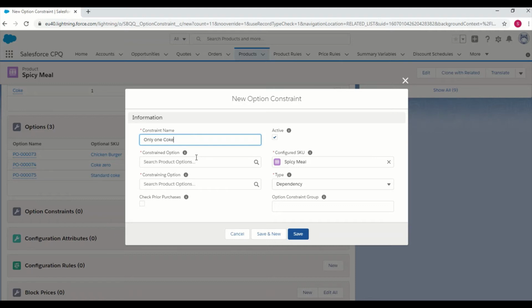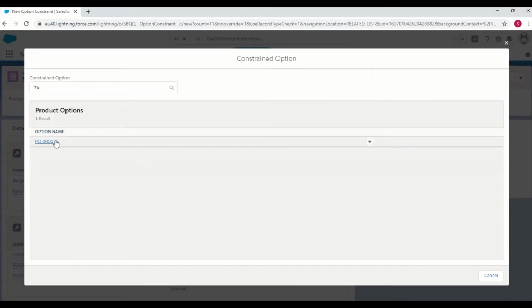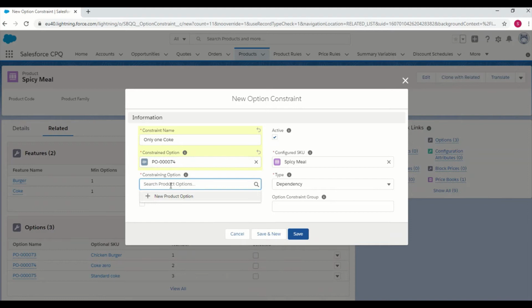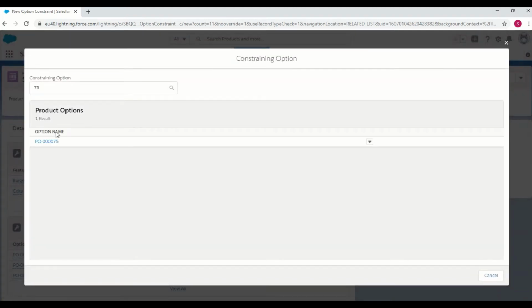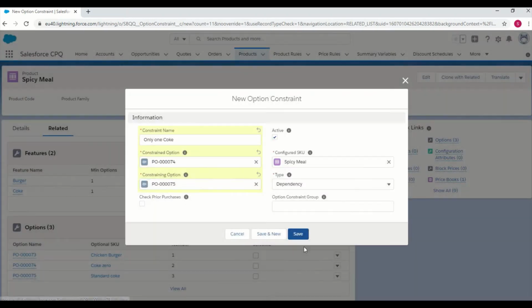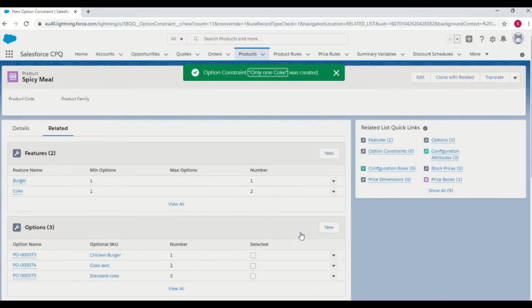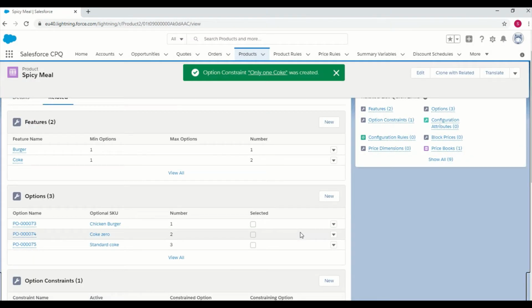For the constraint option, I will enter the number of the one Coke. And for the constraining option, the number of the other Coke. Active to be selected, and for the type, I will enter exclusion and save it. In order to check it, we should go to the quote